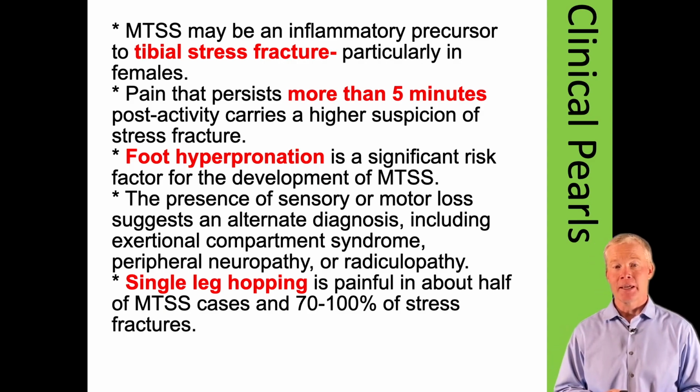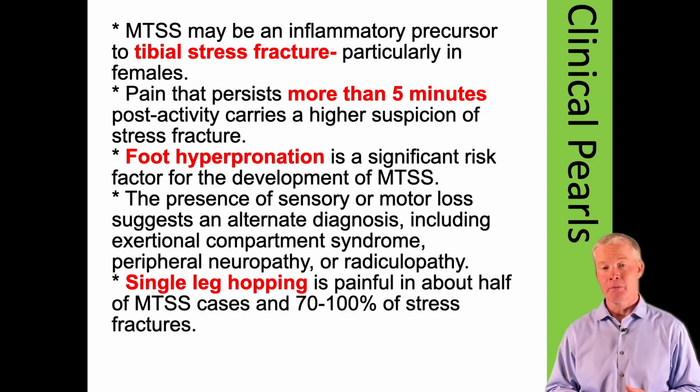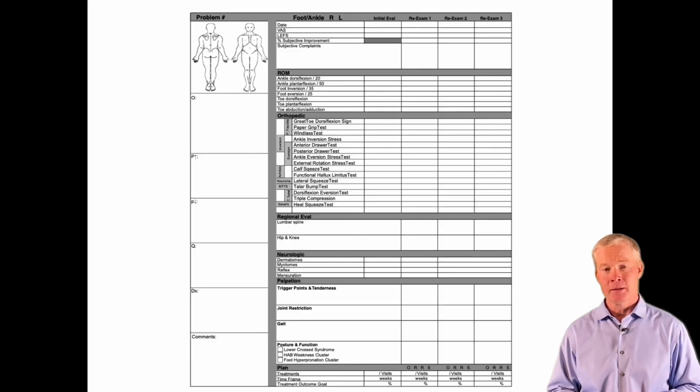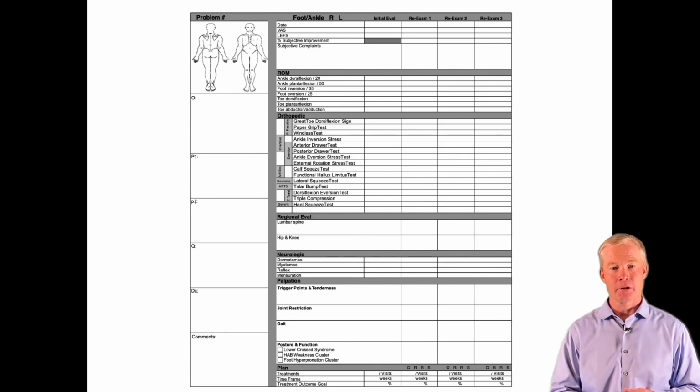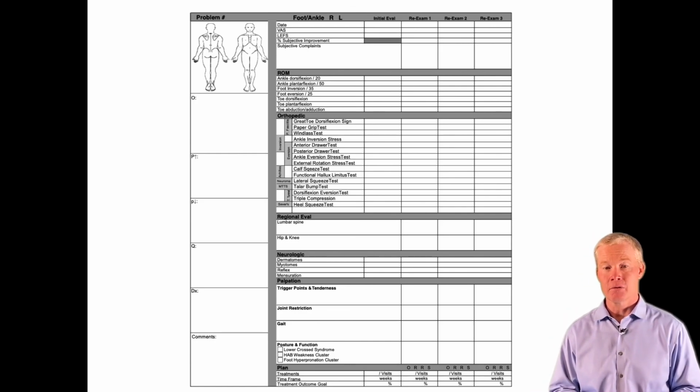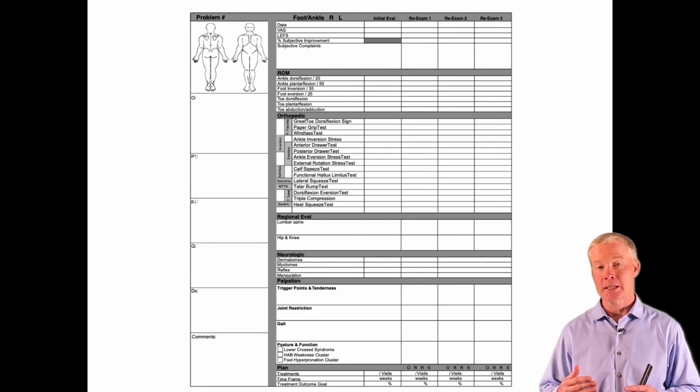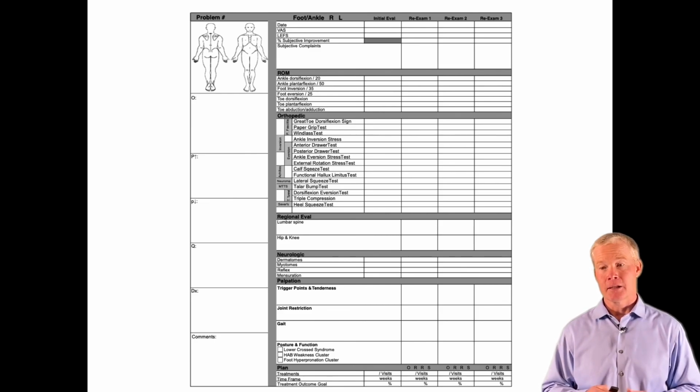We also have an exam form like we did for the knee. We have an exam form for the foot and the ankle. It's set up in much the same way, that we have the area on the right side that's going to allow you to put the OPPQ or ST. We have the area on the center of the form that's going to allow you to perform the orthopedic test per diagnosis. So I'll give you the information to download these as well at the end of the presentation.